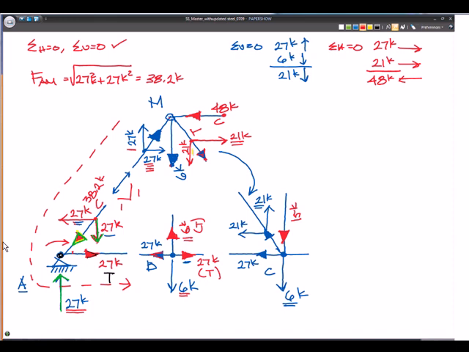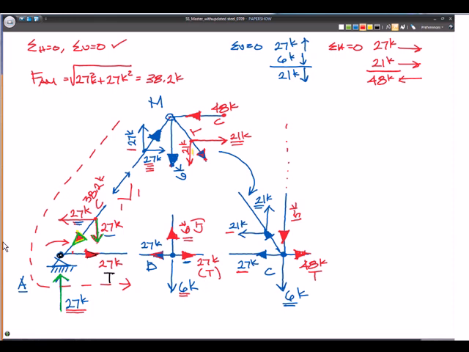Sorry, I stumped myself for a second there. And then if we have 21 kips to the left and 27 kips to the left, we need 48 kips back to the right. And that's in tension. Okay? At joint C. So that's what we have on this, and then you would continue to go up to the joint up here next. Okay, so this is more just practice with this,